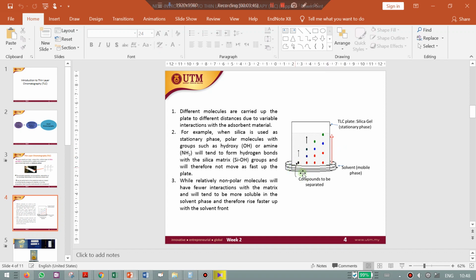For example, the compound to be separated, you spot over here, it should have some other spot over here. I'm not really sure about this example, because you want to compare your analytes over here with your sample extraction. For example, you want to analyze with your sample, maybe. Alright,